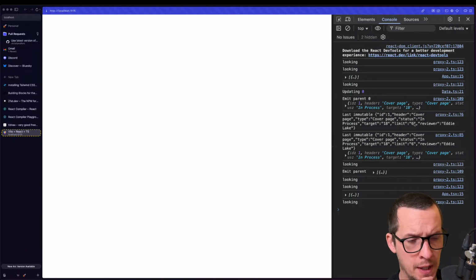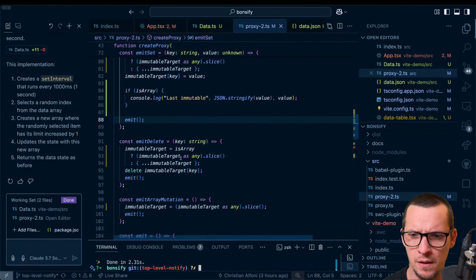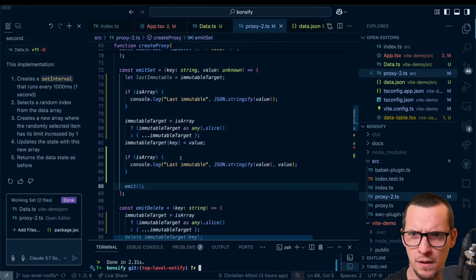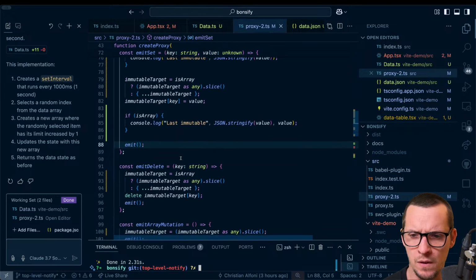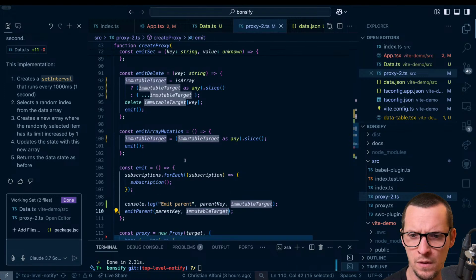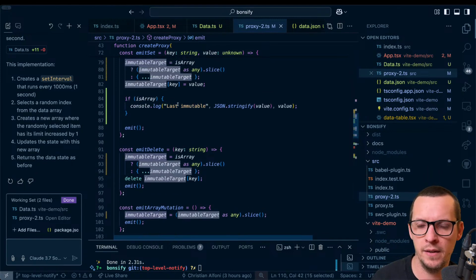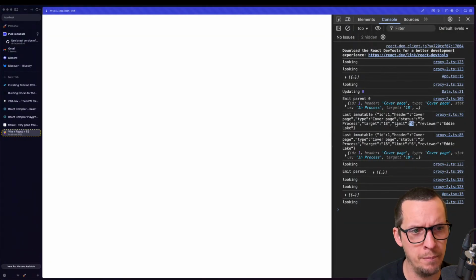Oh, it's already changed to 6 here. Oh, this is interesting. This is very interesting. So at the point where I'm receiving the value,